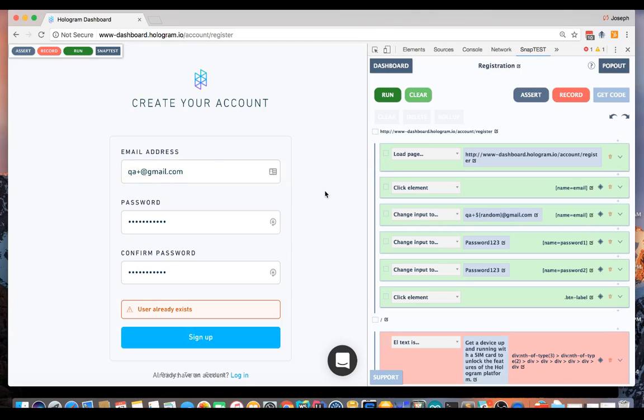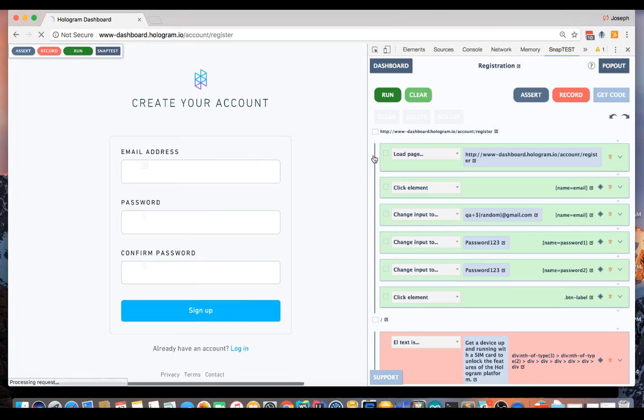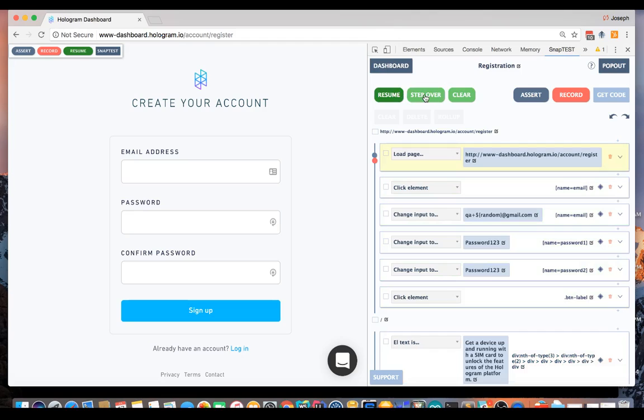I'm going to refresh the page so we can see it. I'm going to put a breakpoint on the first action so that we can step through the test. Page loaded, get to the email address. There we go. As you can see, the input was changed to QA plus a random integer. This will allow the test to create a completely unique email every time it comes through. So if I resume this,